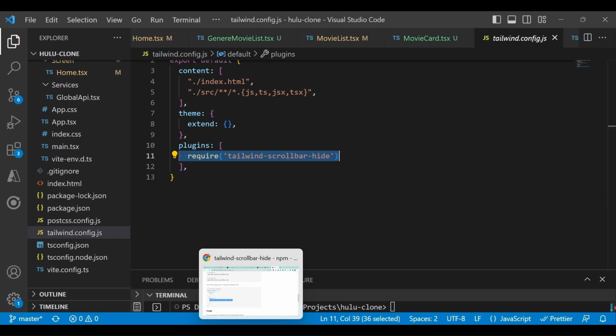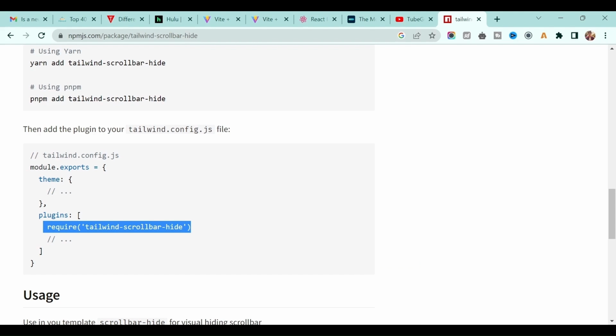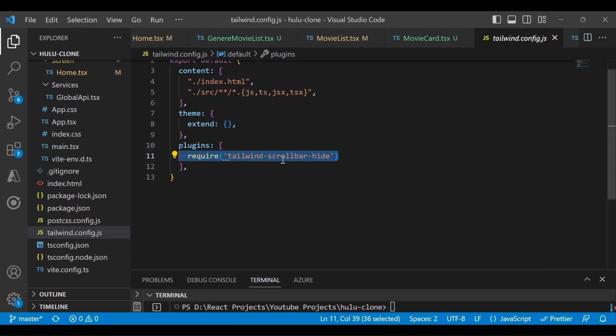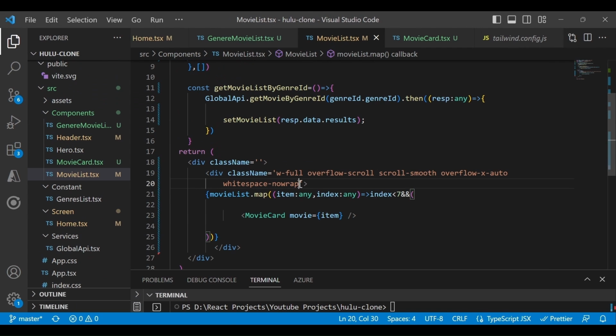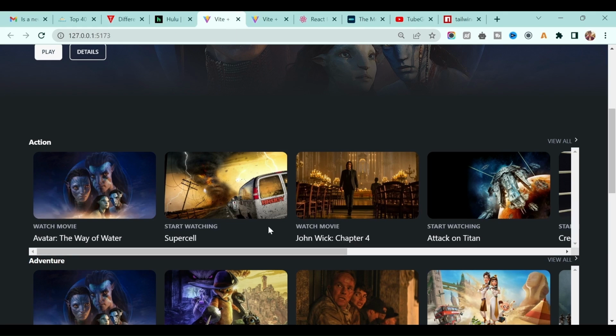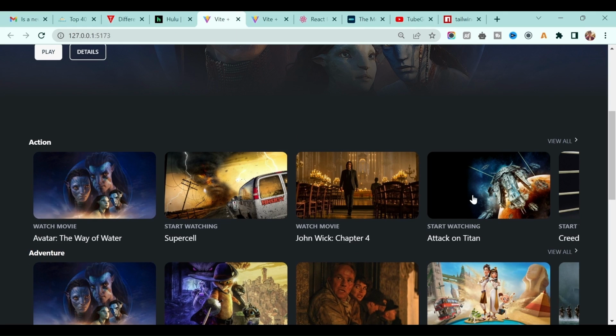In the tailwind.config.js file. And the only way that you can use it is that you just need to write scrollbar-hide. So here, go back to our movie list, and here you just write scrollbar-hide. If I save it, go back to the application, and you will see no scroll bar at all.